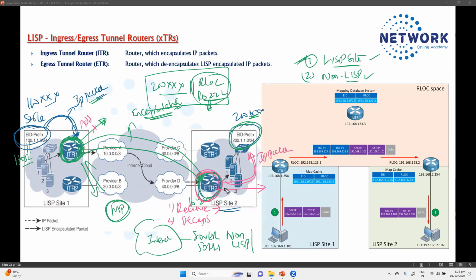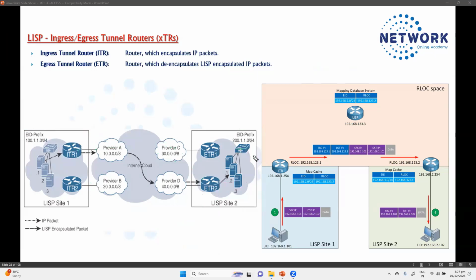It will be added here, and it will be removed on the other side. And once it is decapsulated, the original packet is ready for local delivery, so local within the network. As I said, there are two possibilities here, example 1 and example 2. We'll take two examples. Let's say the first example, or the first case,